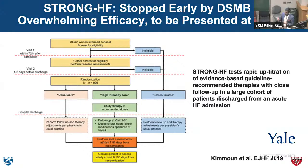These investigators, instead of taking kind of a gentle approach to optimization, they said, why don't we take an oncologic or cancer approach where you treat a patient with chemotherapy and only de-escalate the therapy if the patient has intolerable side effects to that approach. And so they actually initiated and rapidly titrated patients within a very short time frame to target doses of multiple drug therapies, and then continued to follow patients closely over several months after hospitalization with frequent laboratory monitoring as well as hemodynamic monitoring and in-person clinic visits, and only de-escalated therapy if there was intolerant hyperkalemia, worsening kidney function, or